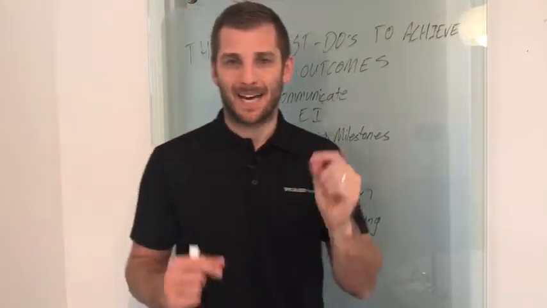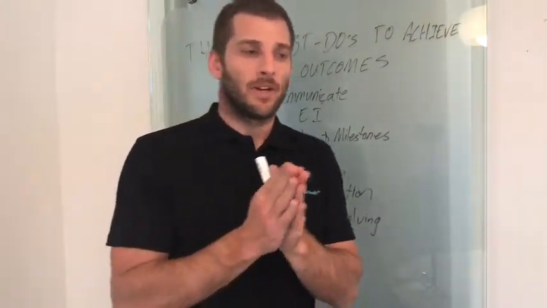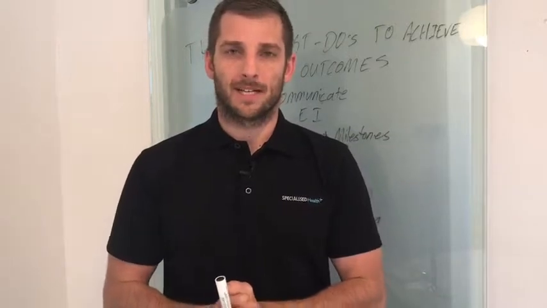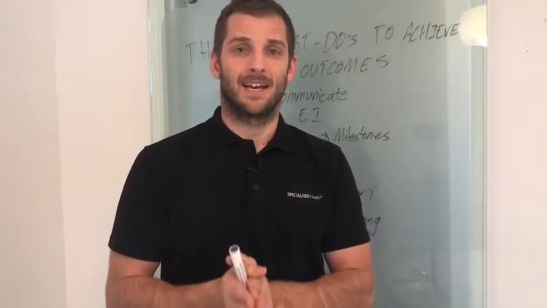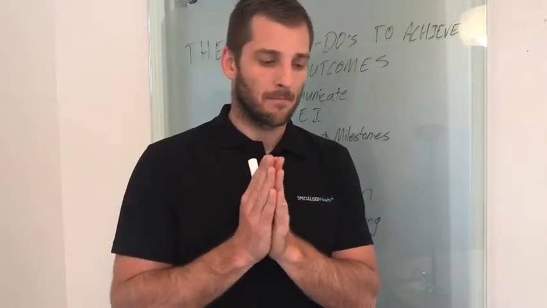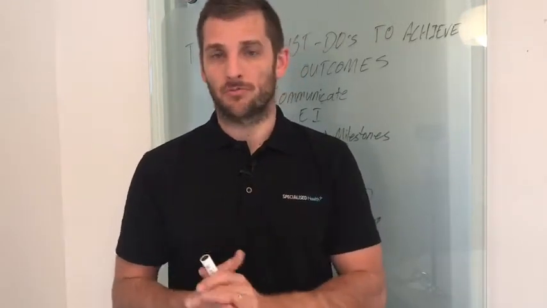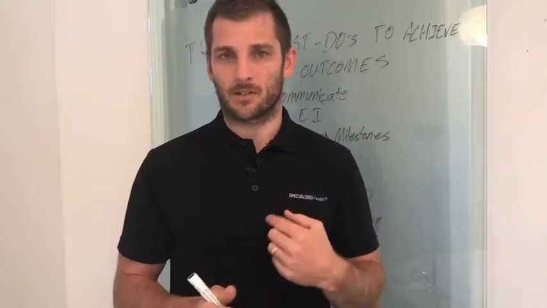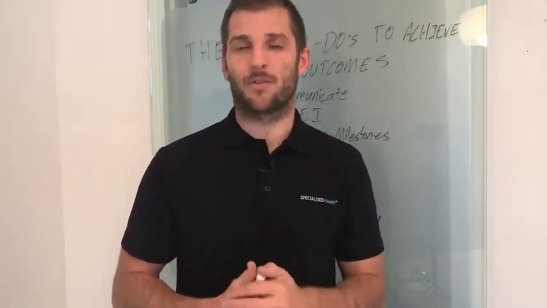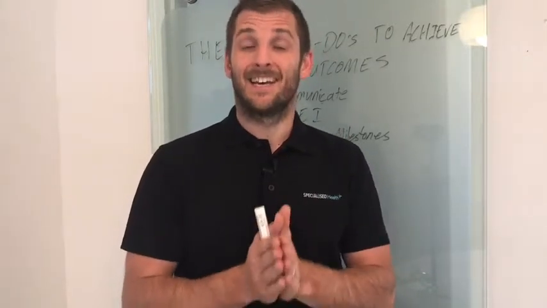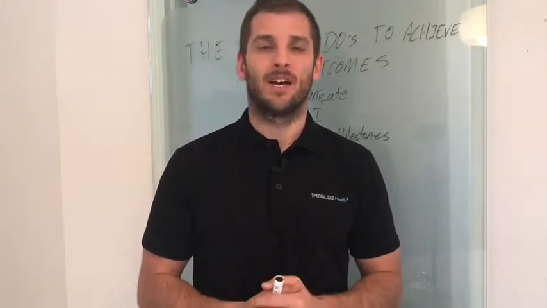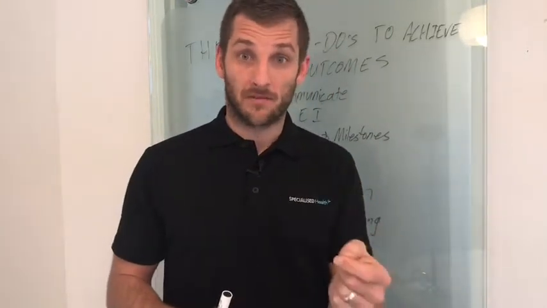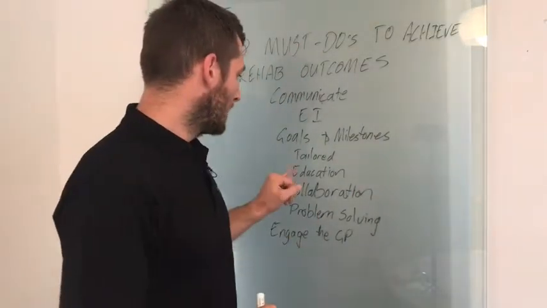Next one is tailored. Be tailored in your approach. So we could have 20 people with a supraspinatus tear, and the nature of the BPS model of rehabilitation suggests that there are always multiple factors involved. The biopsychosocial model suggests that there's biological, there's psychosocial, there's psychological, and there's social factors involved. And that means that out of 20 different supraspinatus tears, there are going to be 20 different approaches required to that rehab process. So be tailored in your approach and treat every individual as exactly that, an individual.